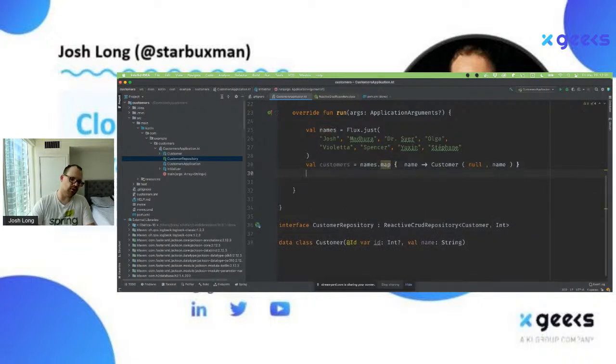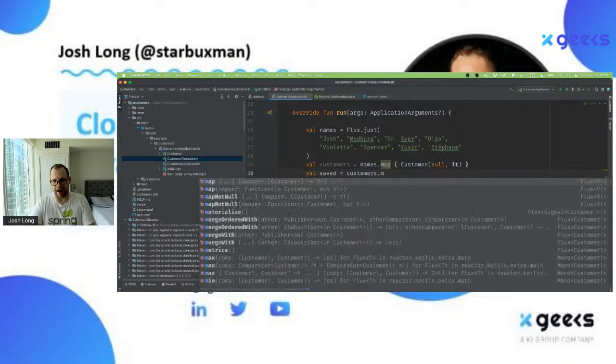And then I'm going to take each one of those, and I'm going to write it to the database using the reactive stream. One thing that you will note in Kotlin is that for lambdas that have just one parameter, you can just drop this and use it. Okay, it's very convenient. The next thing I want to do is write that to the database. So I'll say saved, and I'll say customers dot.